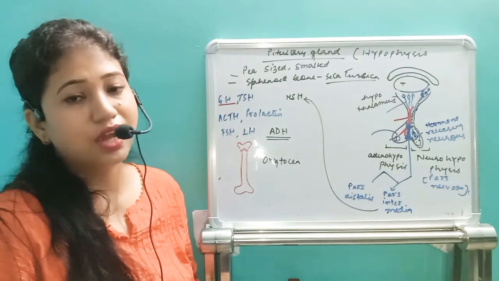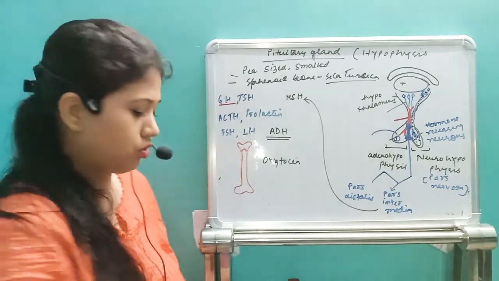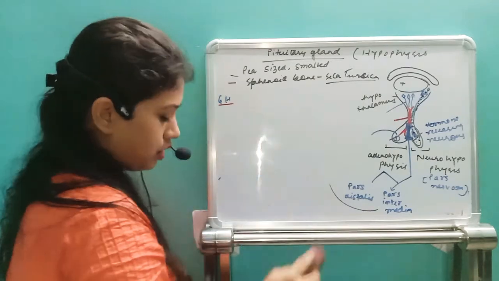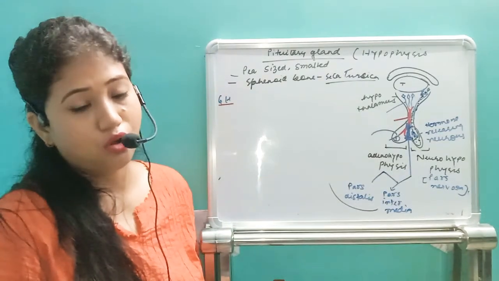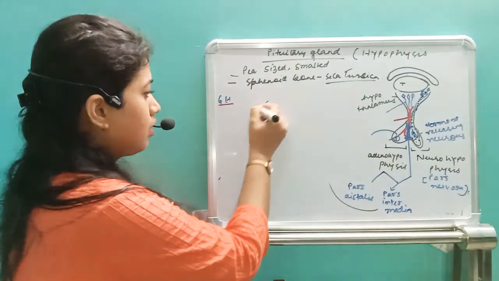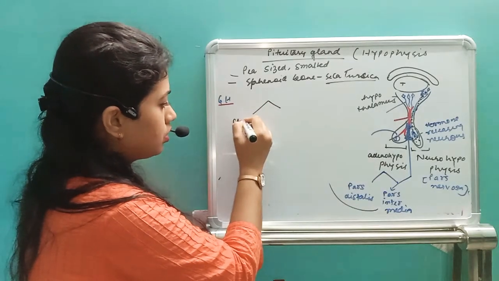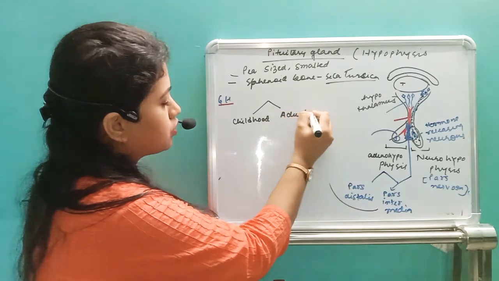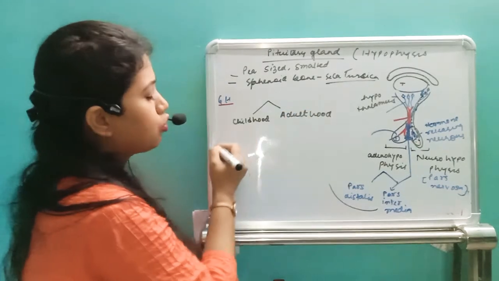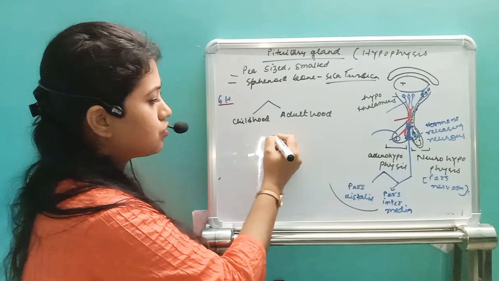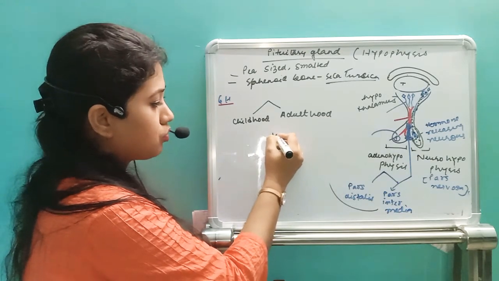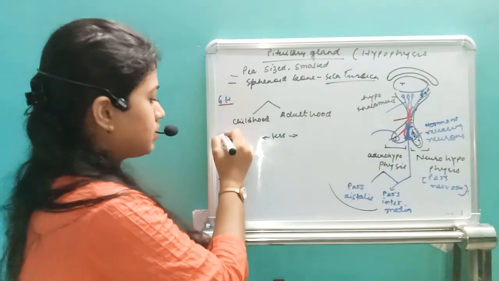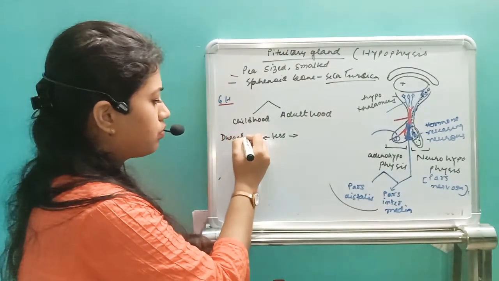In the pituitary gland we have to remember one disorder. So let's come to the disorder. We'll discuss a disorder of only one hormone, that is the growth hormone. In childhood and in adulthood, we can suffer from different kinds of diseases of the growth hormone. If the growth hormone is released in less amount, hyposecretion in childhood, we will suffer from a disease called dwarfism. That means our growth will not occur.